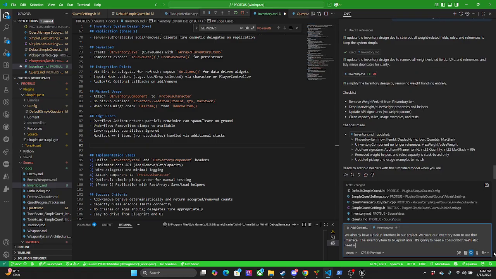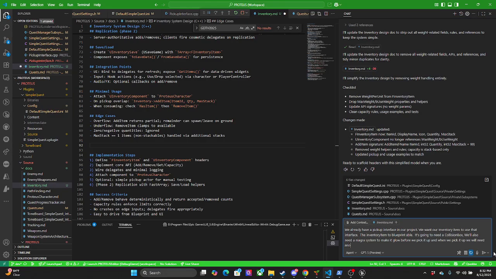We'll also need a Niagara system to make it glow. And when we pick it up, we will need another Niagara system for the pickup effect.